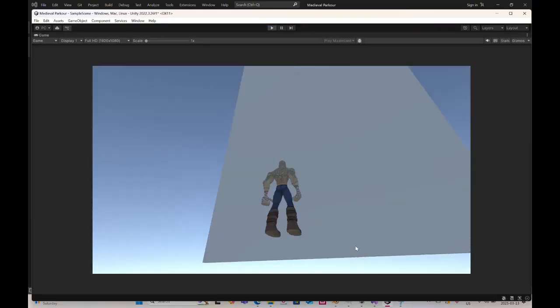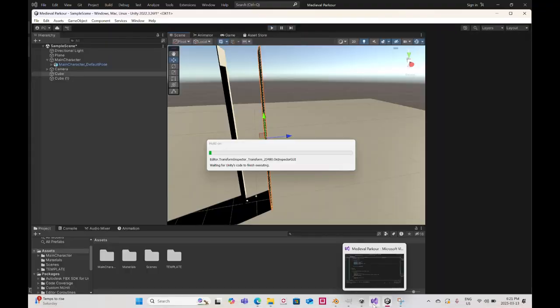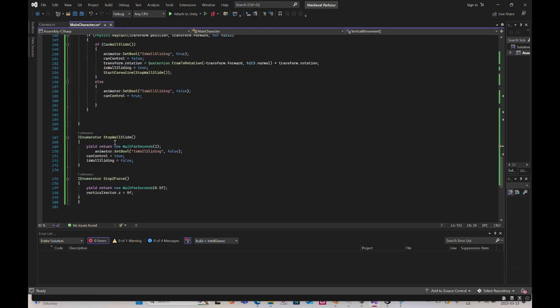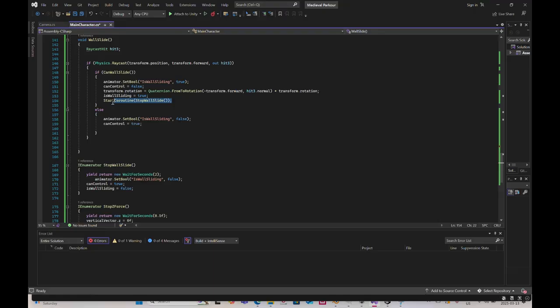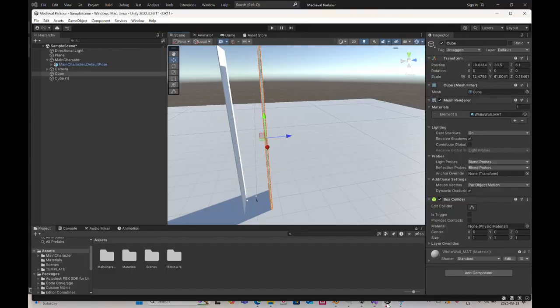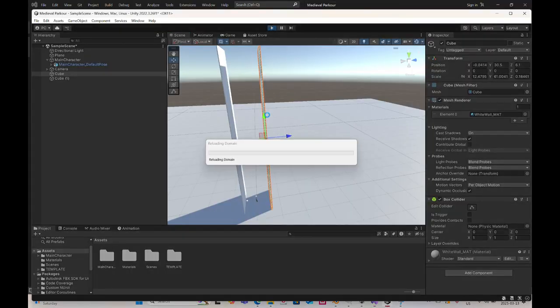Okay, seems like this 0.5 is not strong enough, so I'm going to have to go with 1. I think the thing that's throwing this off is the stop wall slide, because I have it stopping after 2 seconds. Ideally, it should just stop when he hits the ground, but it wasn't doing that. That's why I added this stop wall slide. So after he starts wall sliding, after 2 seconds it stops. And I think that throws it off. But anyways, if I try it now,